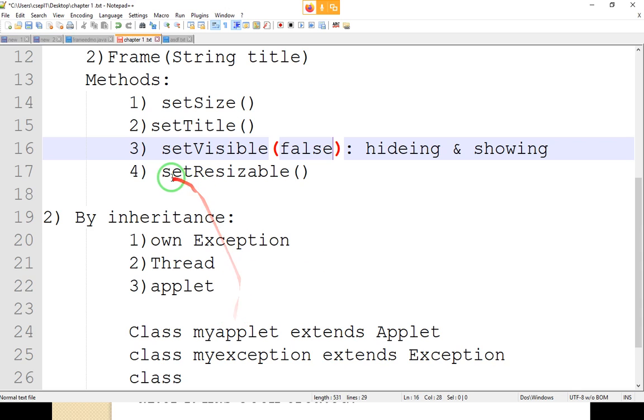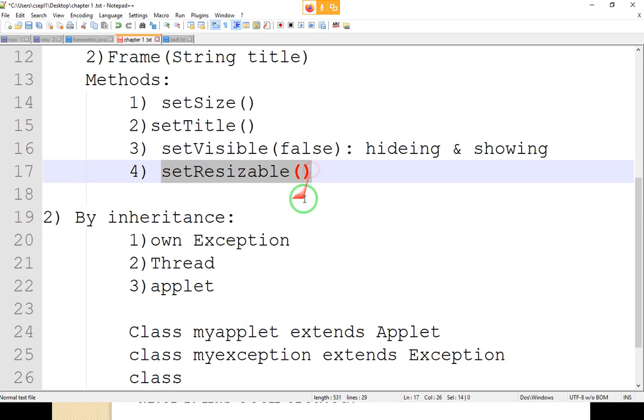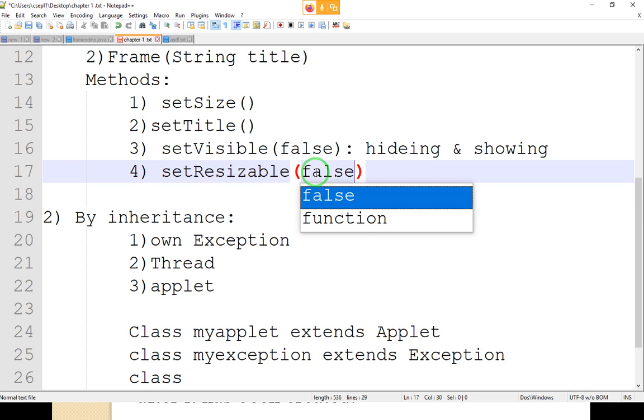And another method is setResizable. This method is used for placing restrictions on resizing of your window. If you want to make your window a fixed size, you can do it just by setting resizable to false.